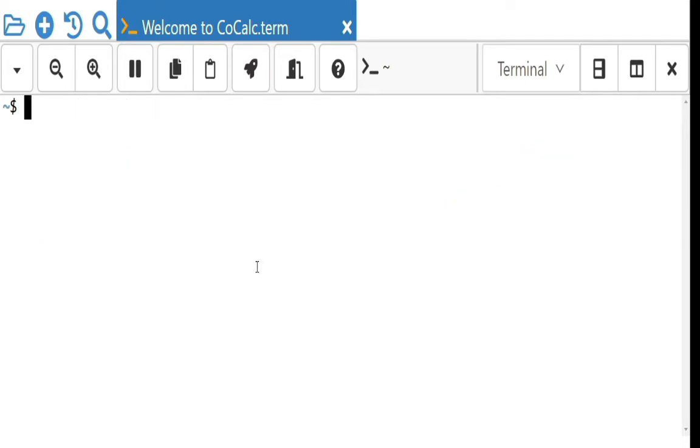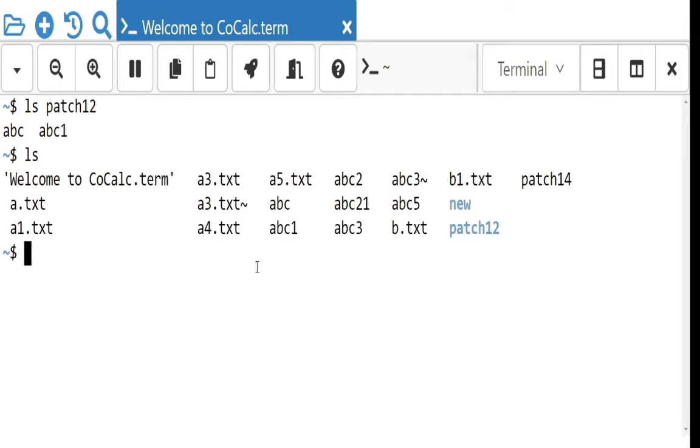Then next, recursive. Recursive is used for copying the directory structure. So I will check whether one folder is there with the name patch12. Two folders are there, abc and abc1. Let me check whether any other folders are there. Patch14 is not a folder.